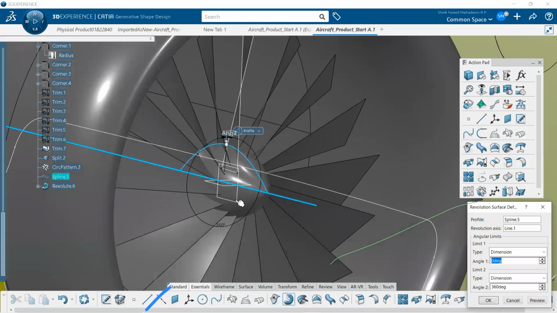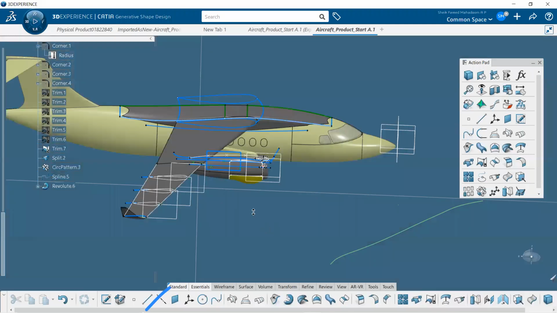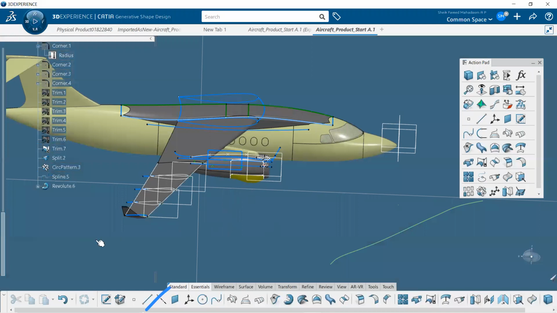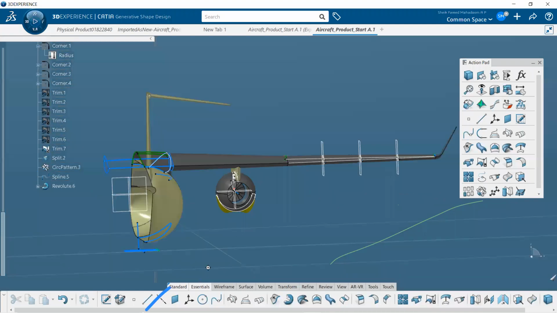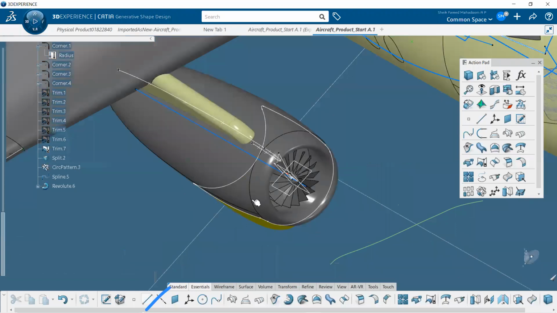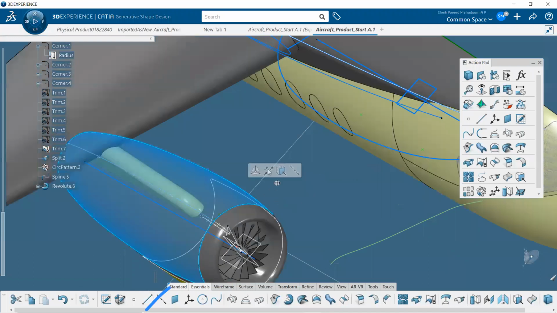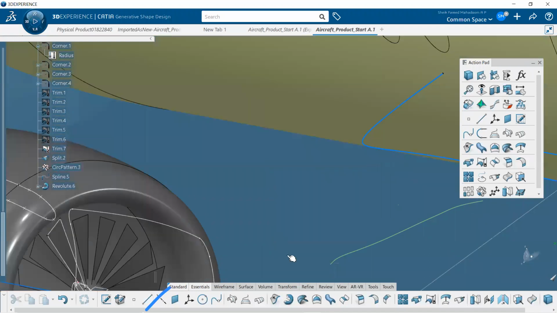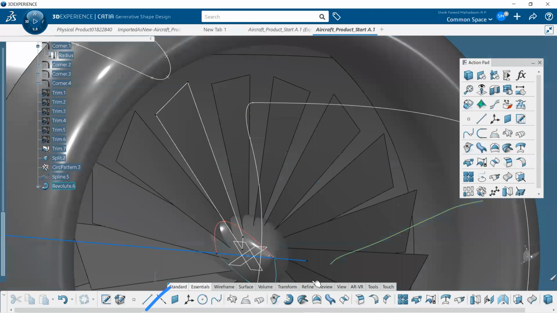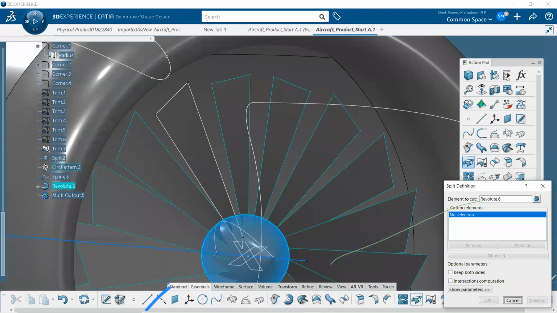Now instead of the head, yes, that's perfect. Okay, instead of the head, there will be some unwanted surfaces, right? You can see over here, there are unwanted profiles. So what I did is I used the split option, selecting this revolve and selecting this one. You can see the unwanted profiles are deleted. Say okay. Now on the other side.